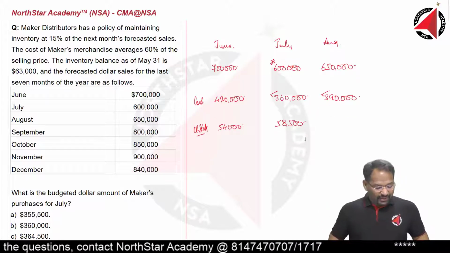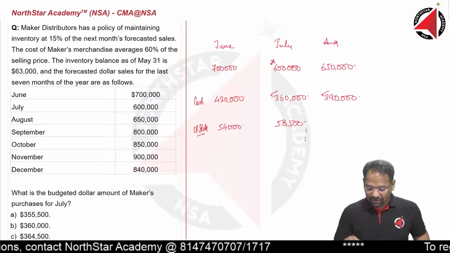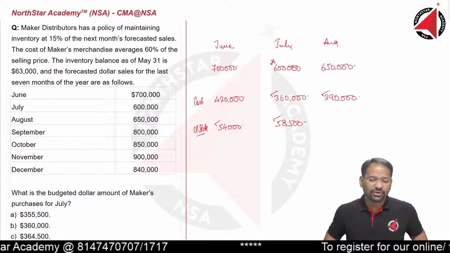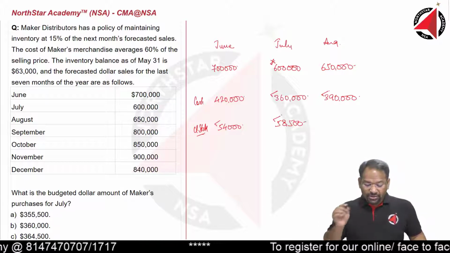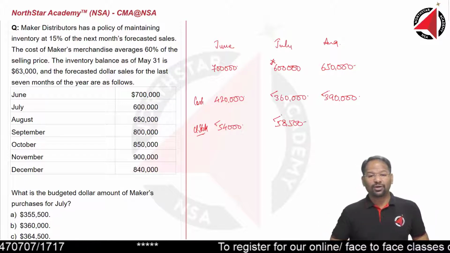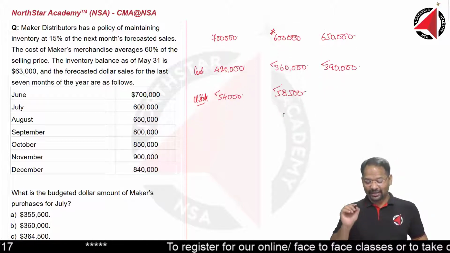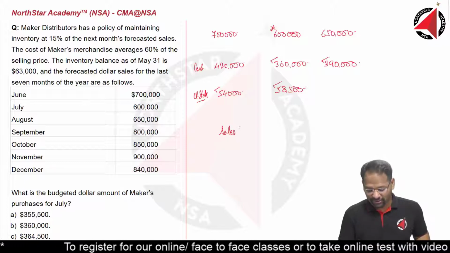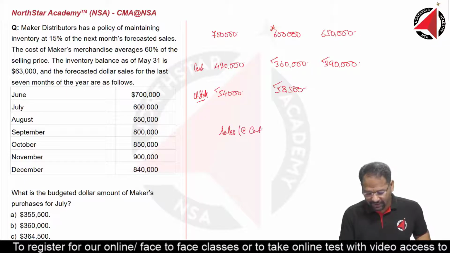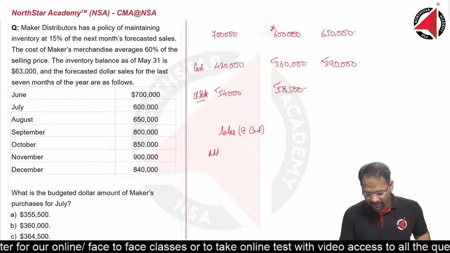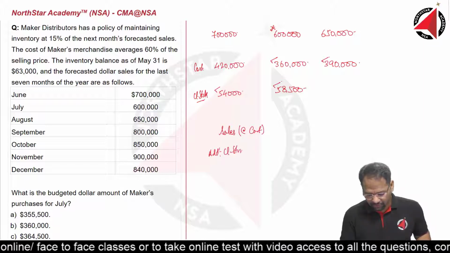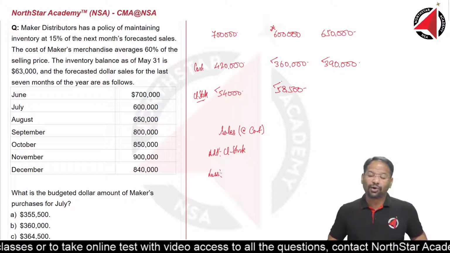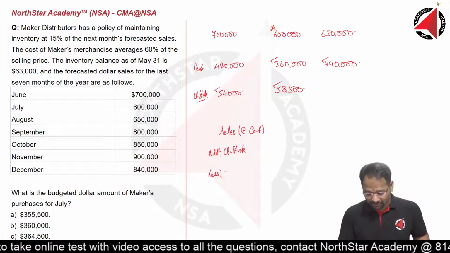Alright, we don't have any other information given in the question. We have got closing stock of June, we have got closing stock of July. Remember, closing stock of July we know, but closing stock of June would become opening stock for the month of July. So we know both opening stock and closing stock. Sales at cost price. Alright, sales at cost. Add closing stock, closing stock of finished goods. Here no confusion because stock of raw material is not given. So no confusion here. Opening stock.